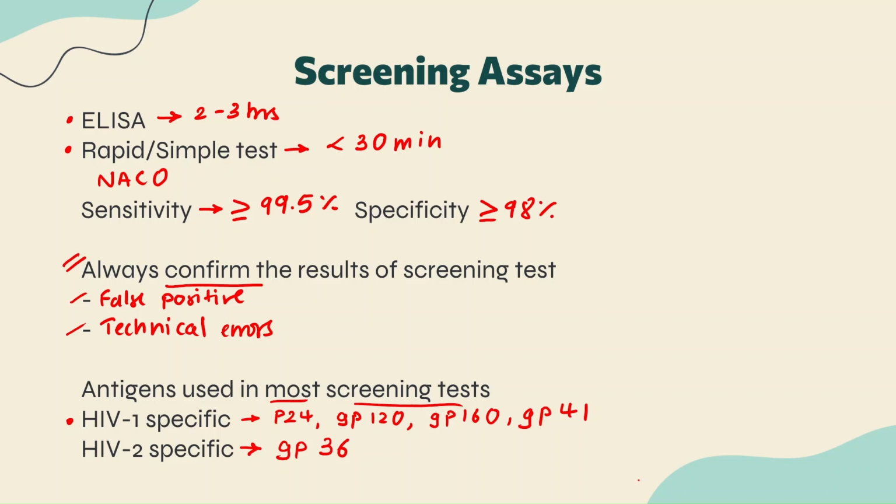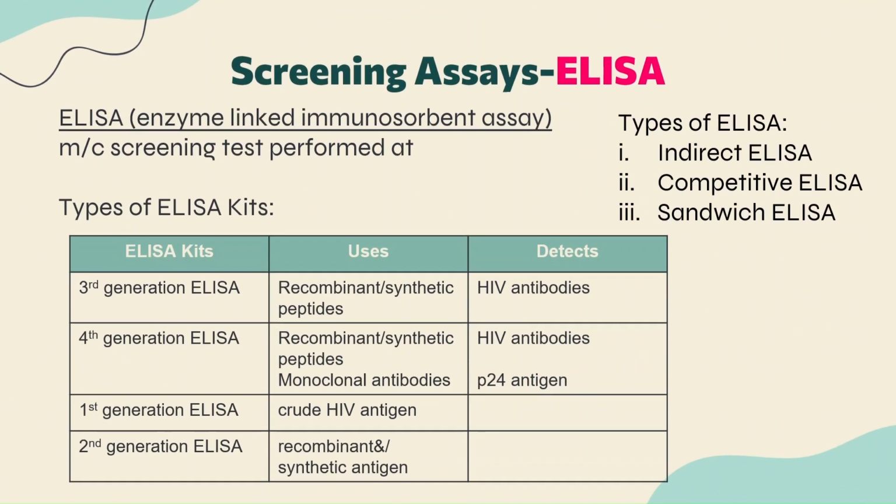As I said, the screening tests are of two types: ELISA and rapid test. Now let's describe ELISA and the rapid test separately, guys. ELISA simply means enzyme linked immunosorbent assay. This particular test is considered to be the most commonly performed screening test at the